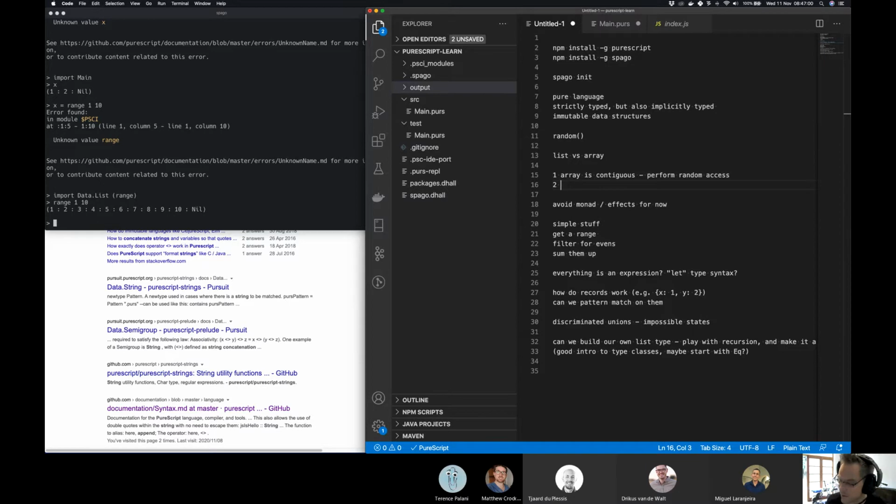A linked list is not contiguous. That means the first element holds its value, but it also points to the next one, and the next one points to the next one, and the next one points to the next one. And they may not be contiguous, right? They could be all over, like a funny little structure like that. So that means I can't do random access. I can't just jump into the 50th one. I have to walk through from the first one to the second, to the third, to the fourth, to the fifth, to the sixth, to the seventh. So it means I have 50 operations to get to the 50th one. Does that make sense?